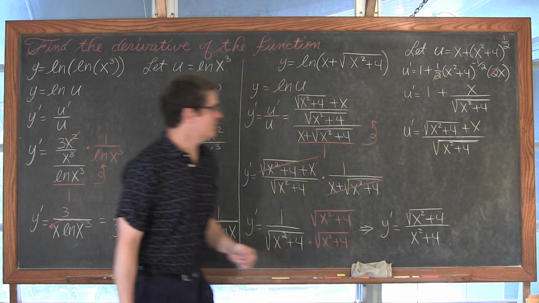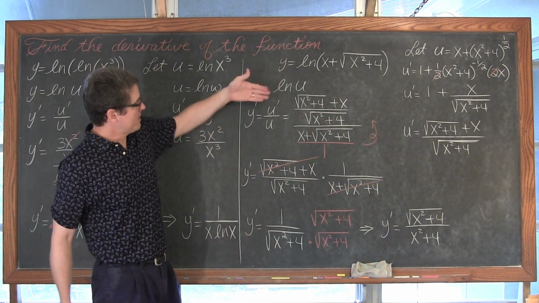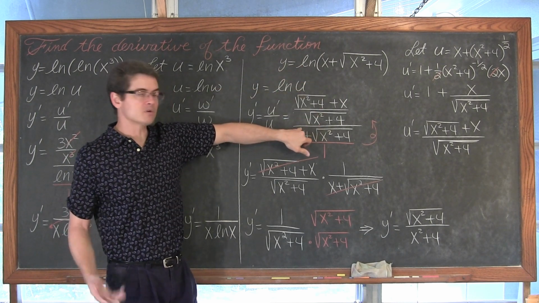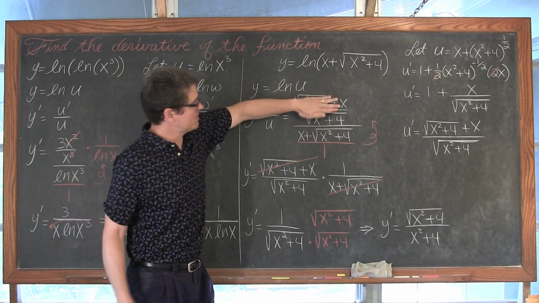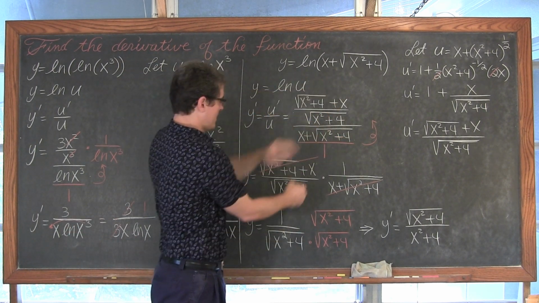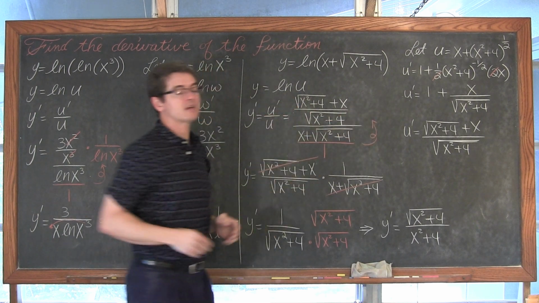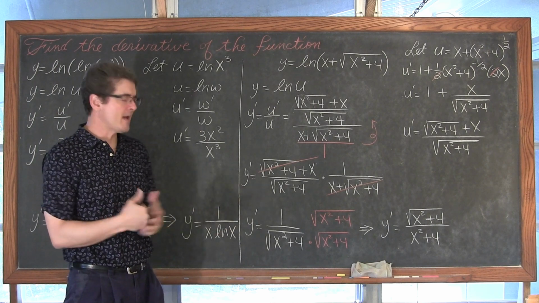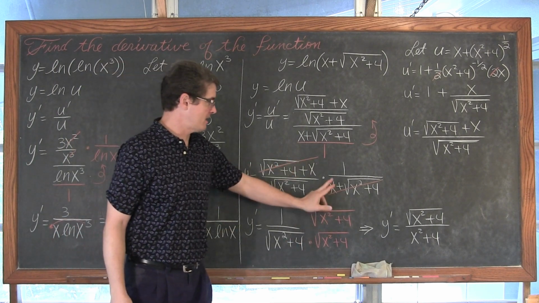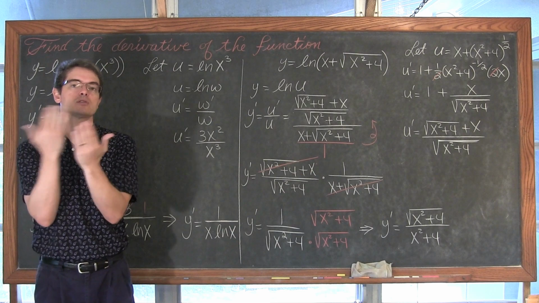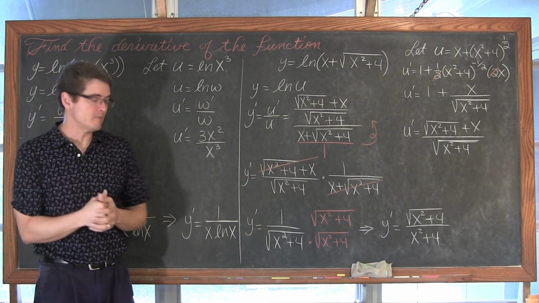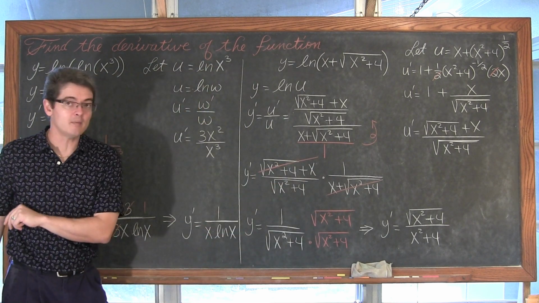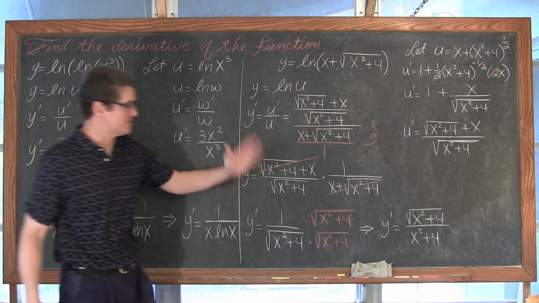We have it simplified into a single term, and that way when we write it as u prime over u, when you have a fraction over a fraction, that of course means a division symbol, and you can change the division of these two fractions by multiplying by the reciprocal of the second fraction, which is going to be our denominator. And when we do that, at least the way I have it written, we have the square root plus x and x plus that square root. Of course, addition is commutative, so it doesn't make any difference. It's still going to come out to be the same answer, and they cancel each other out to be a value of 1. Rationalize the denominator, and bada bing, bada boom, y prime is right there.